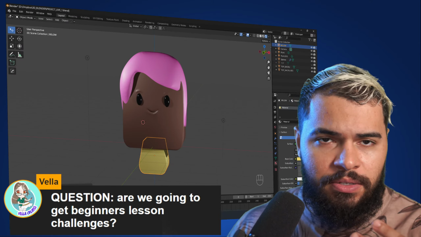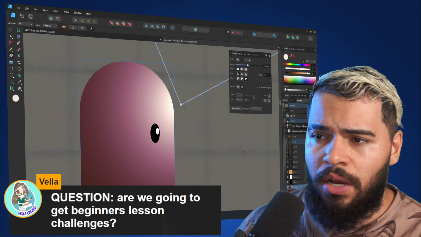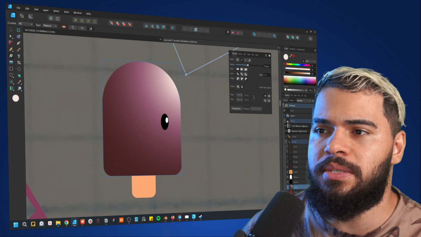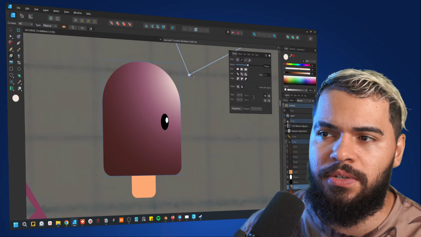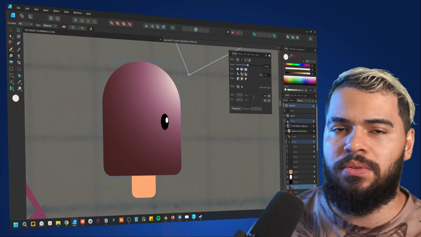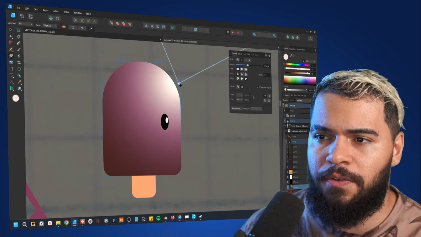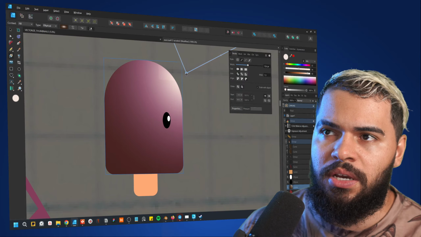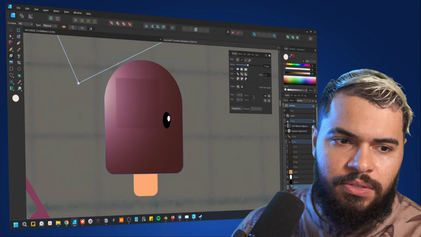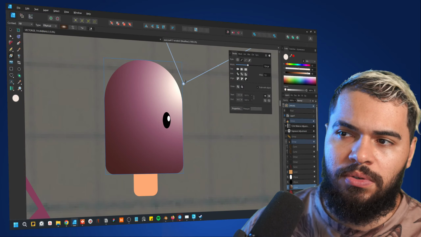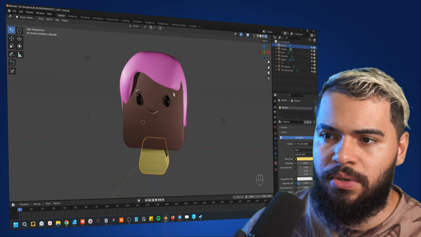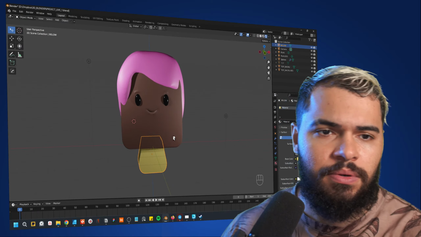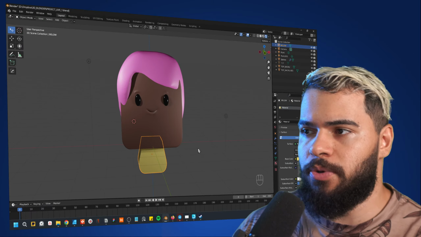However, for people who still want to study 2D, my friends, stay with 2D as well. It's not because I'm not teaching you Affinity for now that you don't need to use Affinity, right? Affinity is still my standard 2D art software. As you can see, this is Affinity, and I still love it. However, I want to experience something new. I want to have fun doing something new. Okay, just to keep you aware about this.